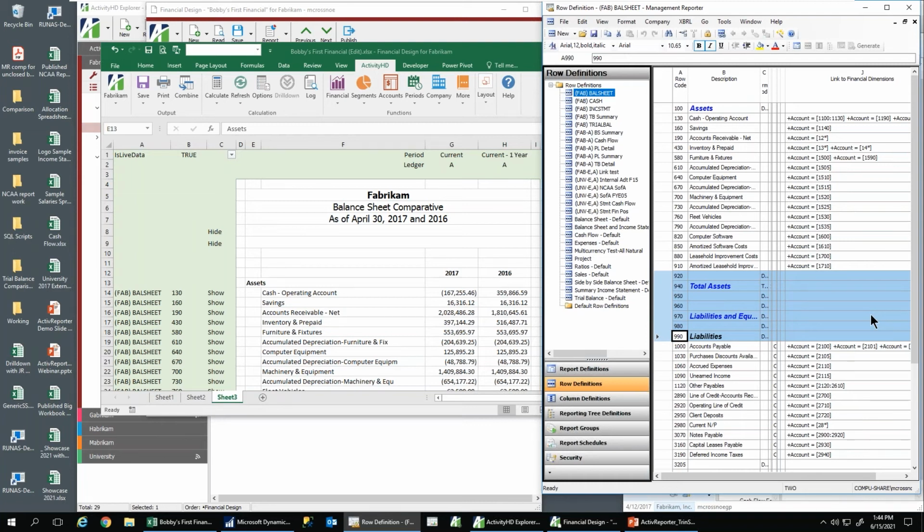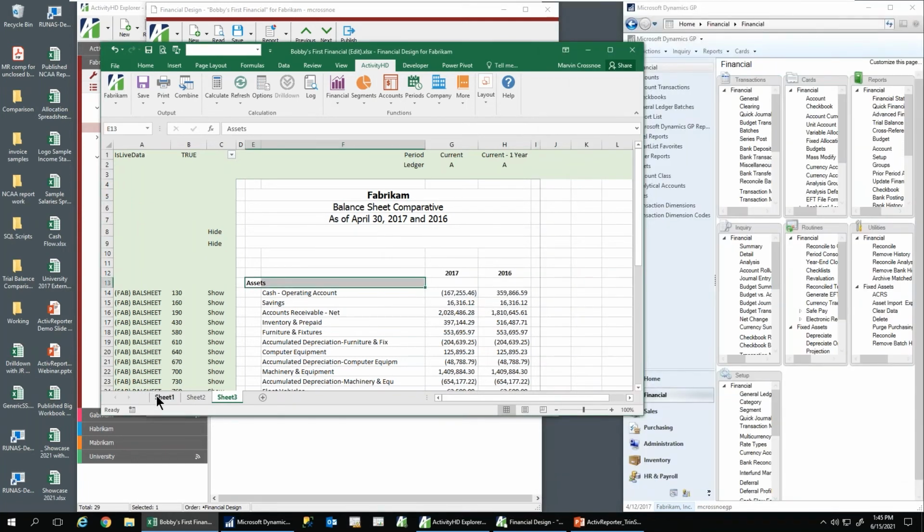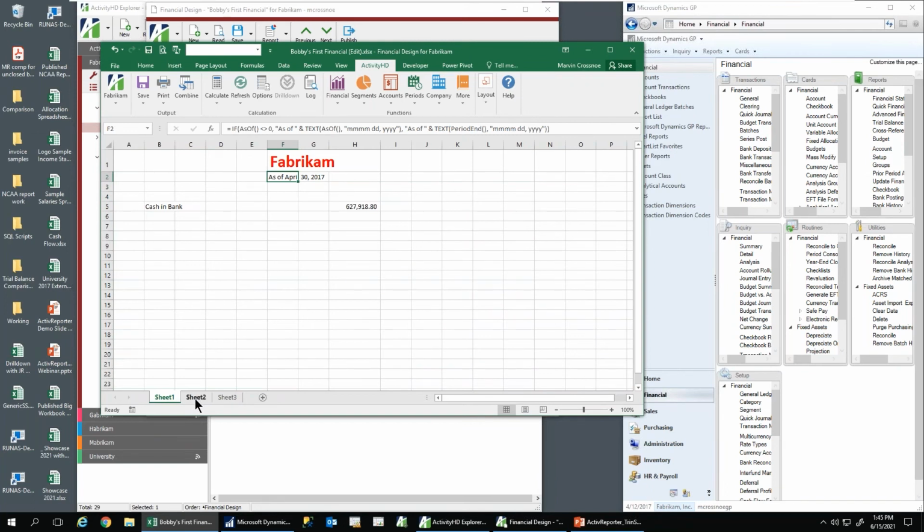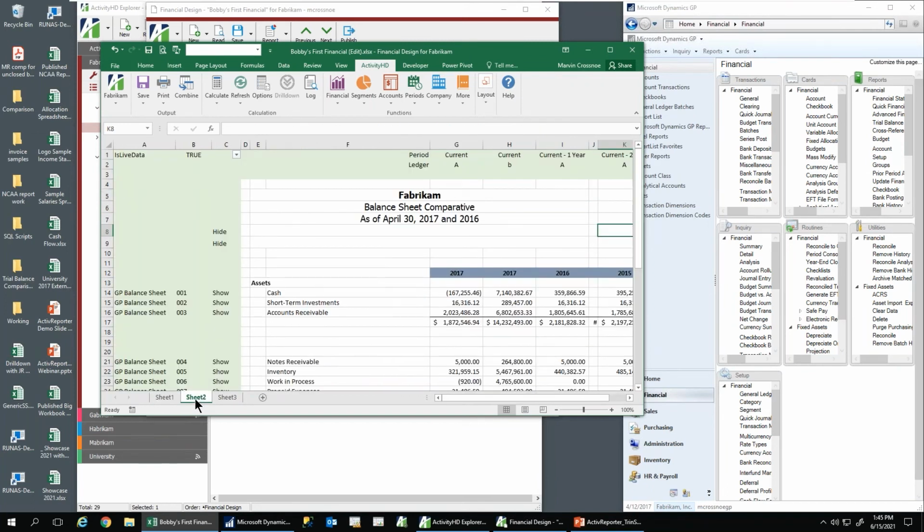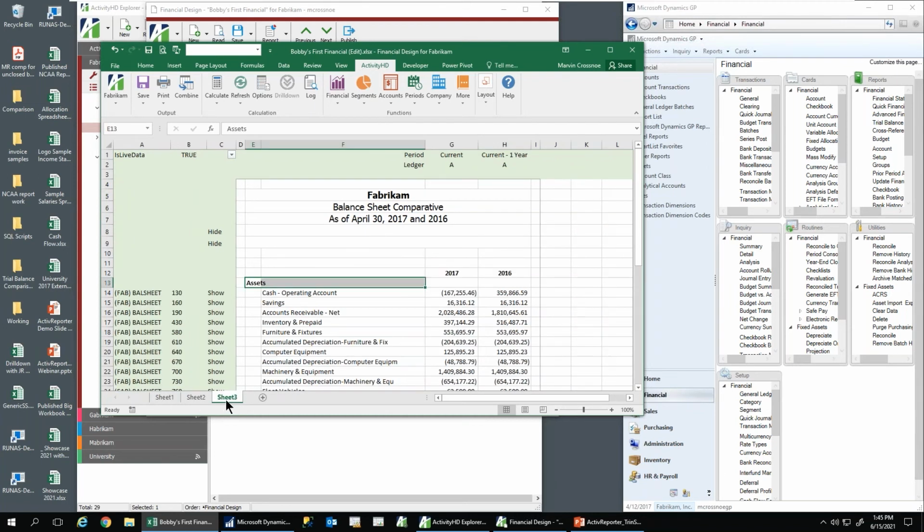So now we've shown you how to build one-line financials. We've shown you how to build financials based upon the categories, and we've shown you how to build financials based upon Management Reporter row definitions. So I'm going to put this away. I'm going to save it,